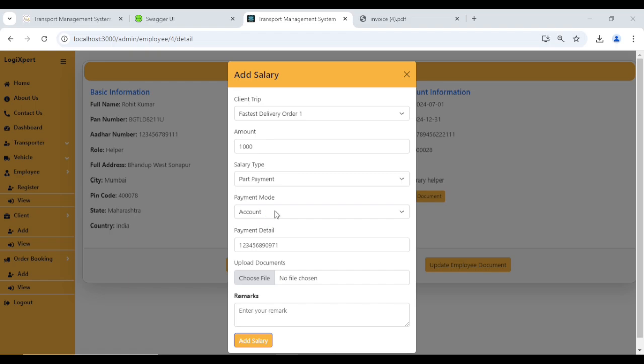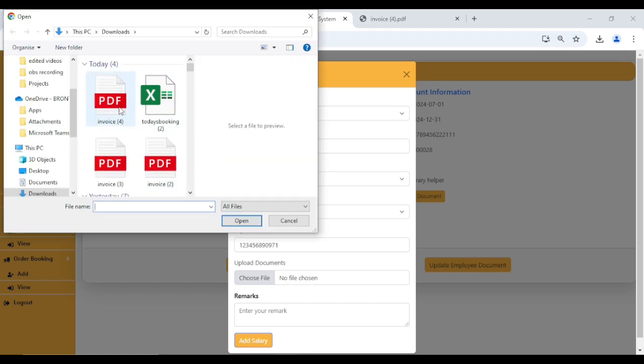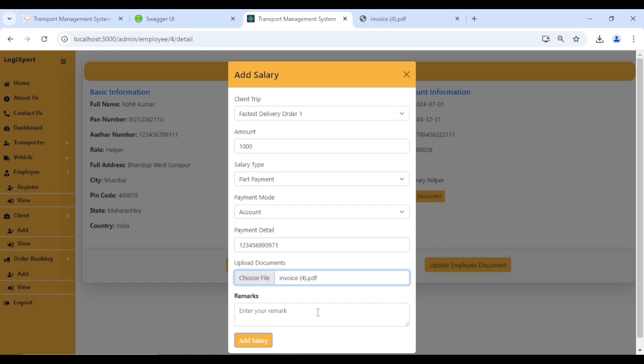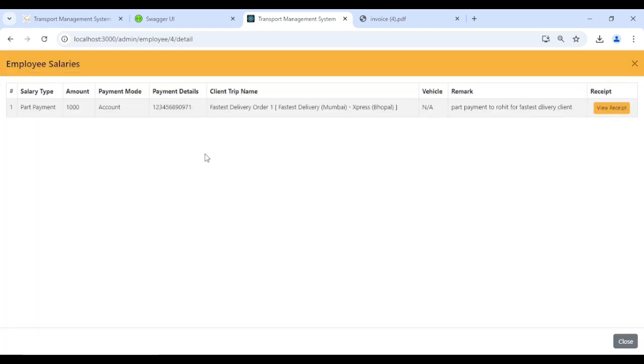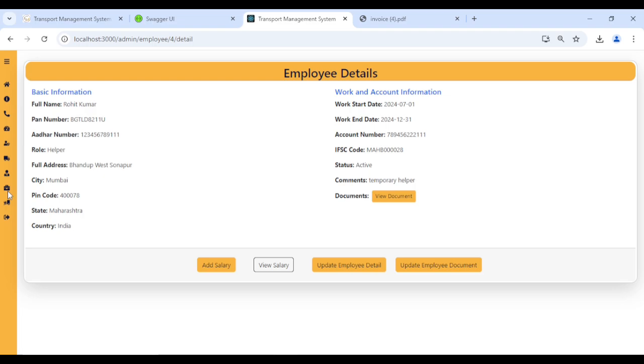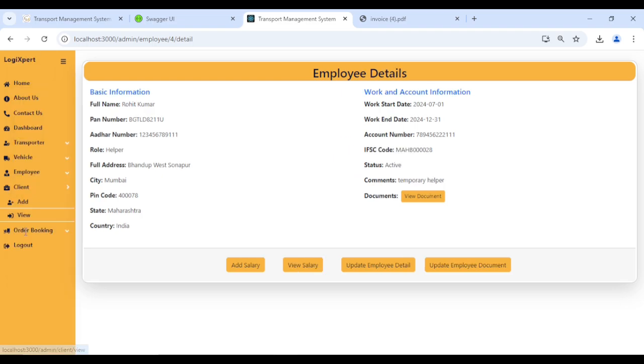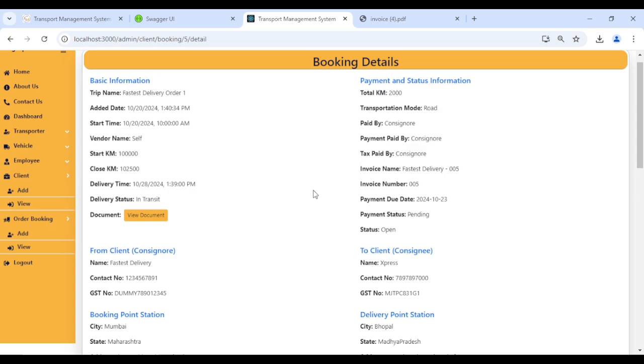Again I have to upload the document here. Remark, okay, part payment to Rohit for fastest delivery client, okay. Add the salary, and the employee payment salary added successful, okay. If I view the salary, this is the first payment, okay, part payment to Rohit, okay, 1,000 rupees. Now what I'll do is I'll go to the order and view the orders here,